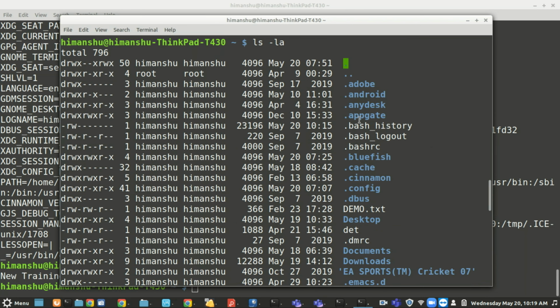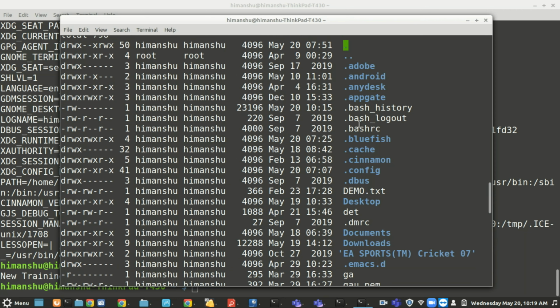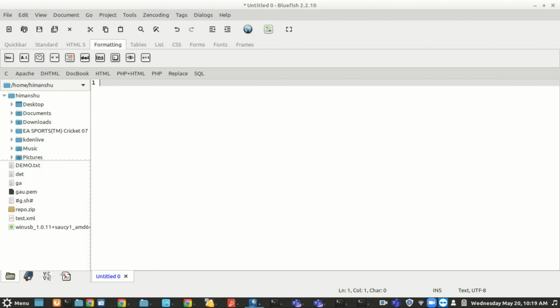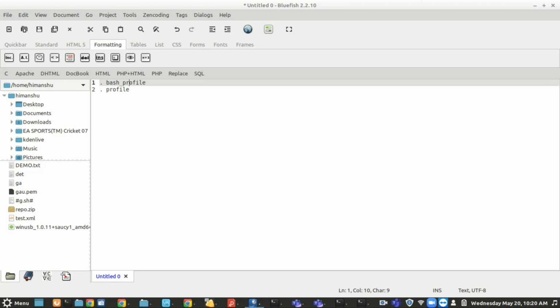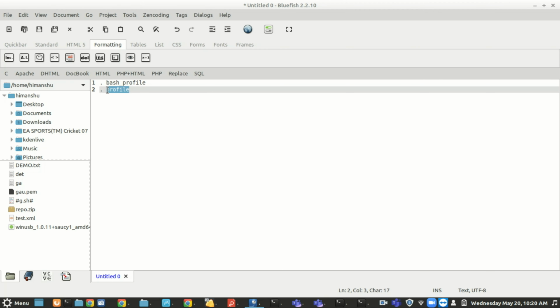So there are certain profiles, if you see here, dot profile. Bash profile is not here. Okay, so you have two types of files: one is .bash_profile, or you have .profile. In any of these files you can go ahead and set your values. If you have a bash profile, set it in bash profile. If you don't see any bash profile file in your environment, you can use .profile. So in any of these files you can edit that parameter.